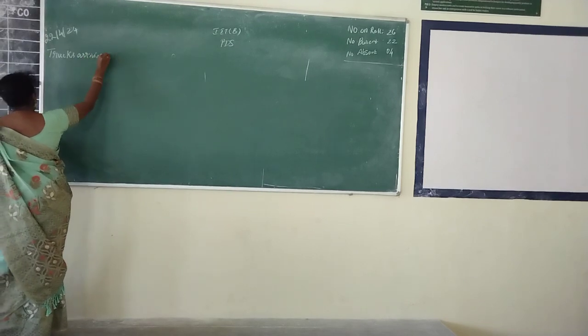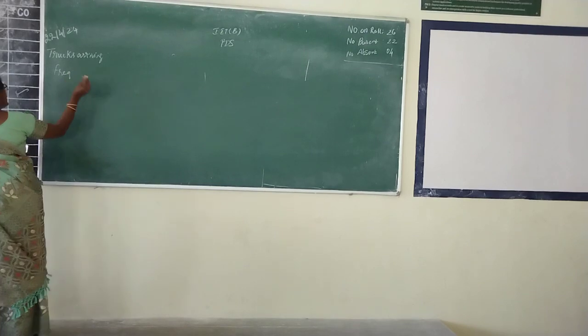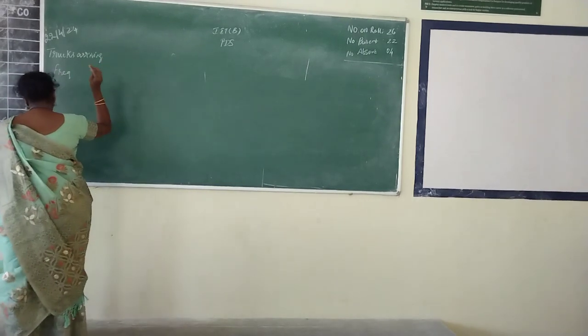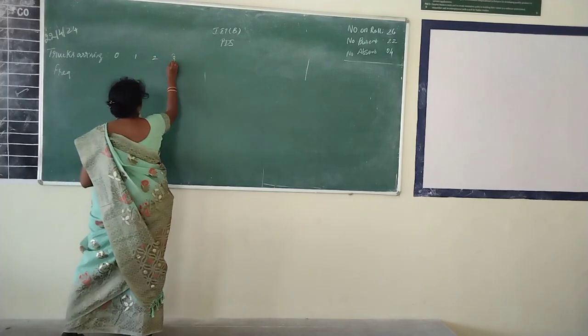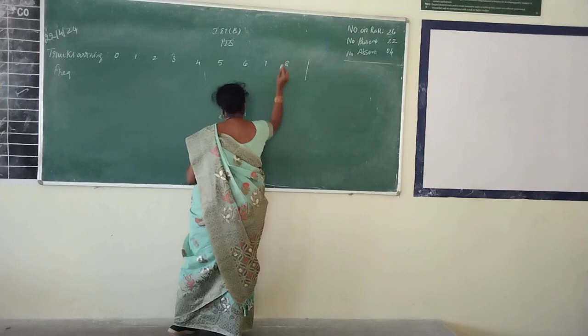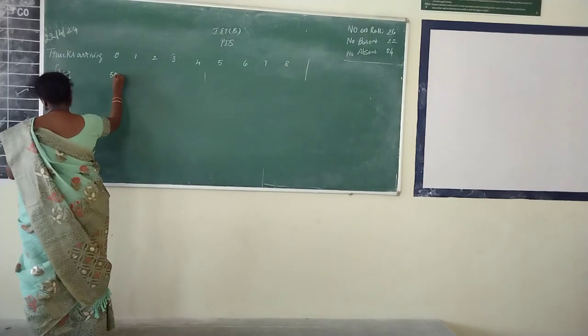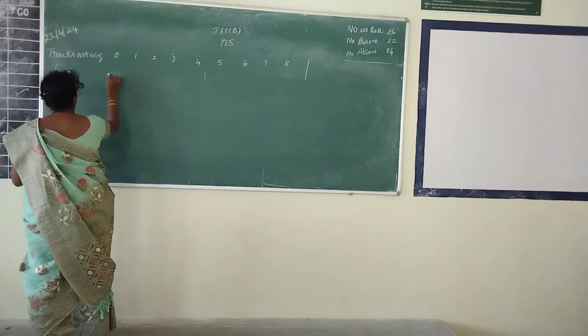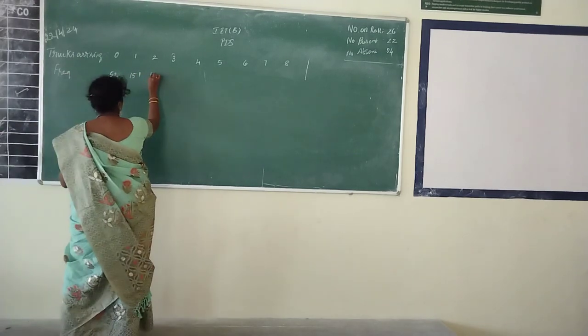So given the data, trucks arriving and frequency. Trucks arriving are given as 0 to 8: 0, 1, 2, 3, 4, 5, 6, 7, 8. Frequency: 52, 151, 130,